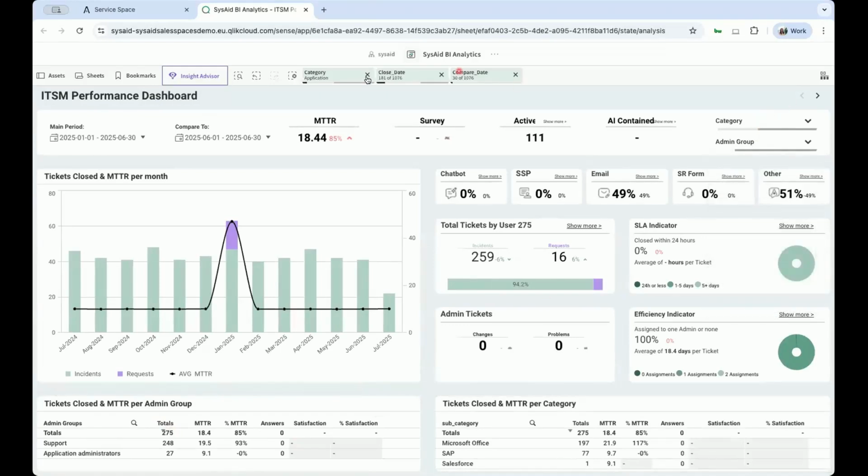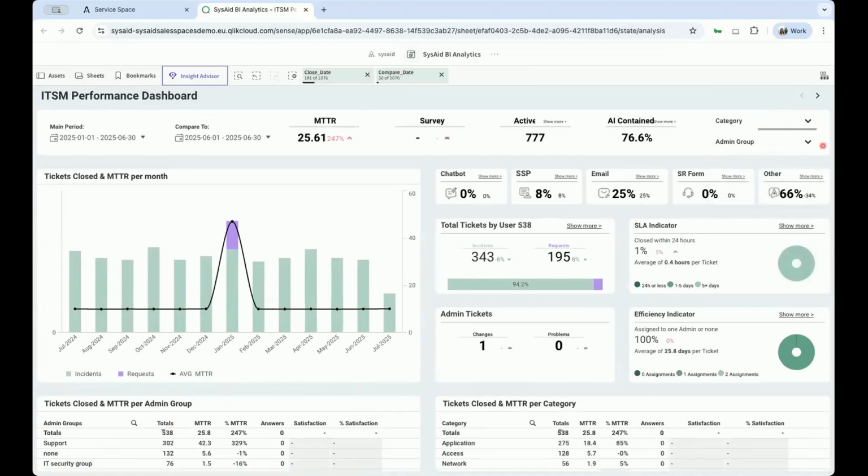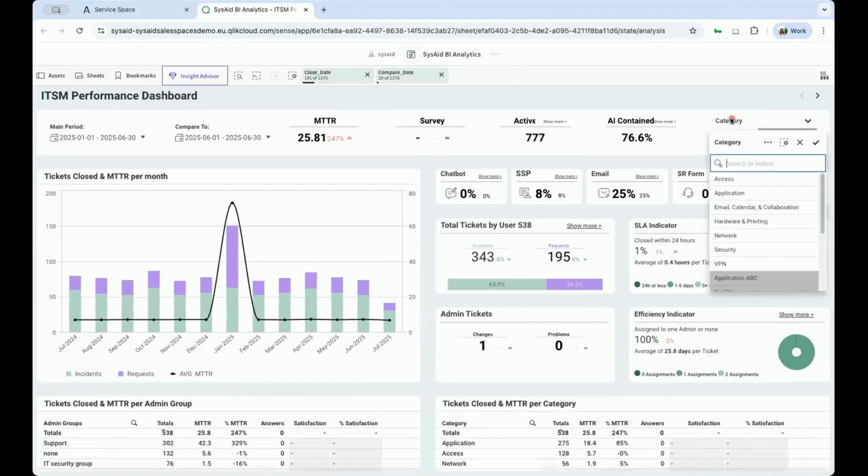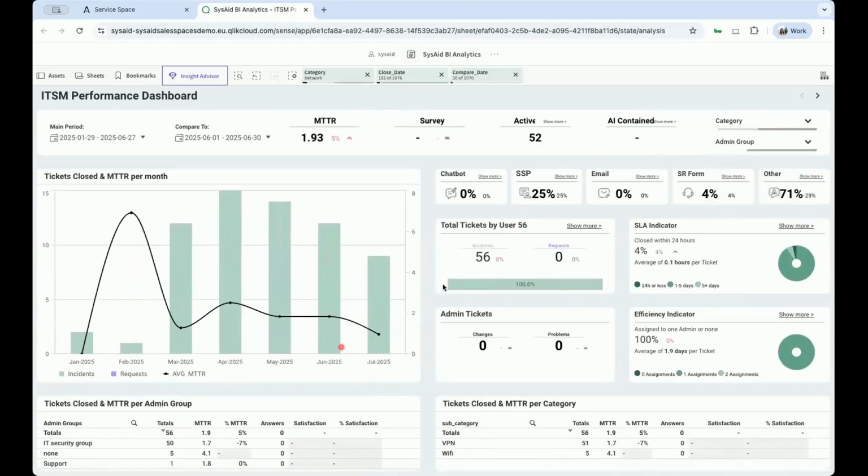administrator, for example. It doesn't necessarily only have to be per category, right? Correct, exactly. So great point, Cindy. You are able to filter it by category as well. So if I just want to look at the network category, it will dynamically change as well. So this dashboard is really dynamic, so you'll be able to drill down and get more of a high level piece, right? High level is good, but you also want to see, right, and drill down by MTTR per specific